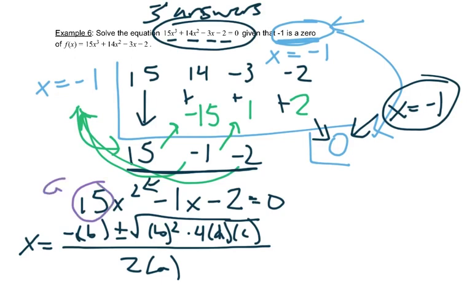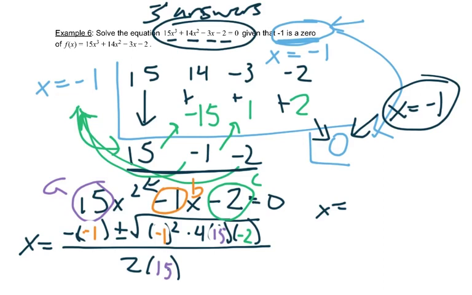And this is a, this is b, and this is c. Because I'm running out of room, let me just replace the information from here. So b in both those spots would be -1. A here and here would be 15. And c here would be -2. So we'll simplify that. We get x is equal to,